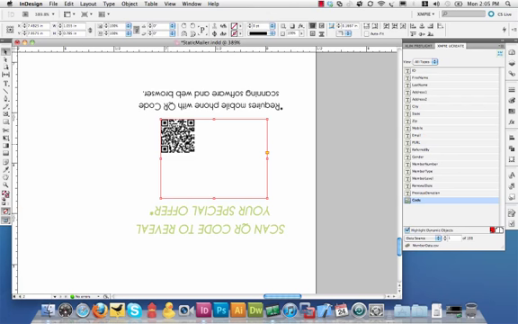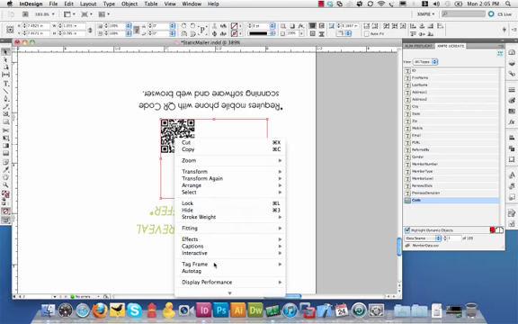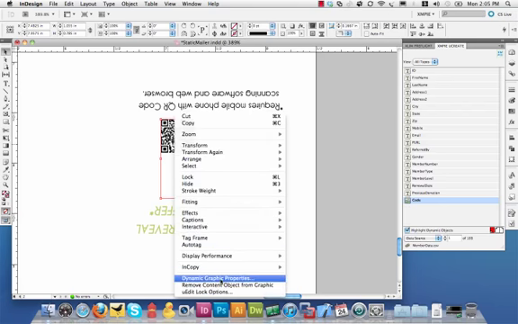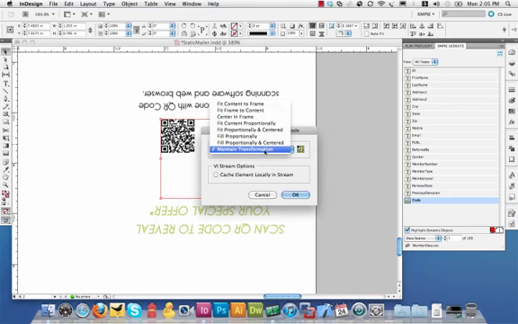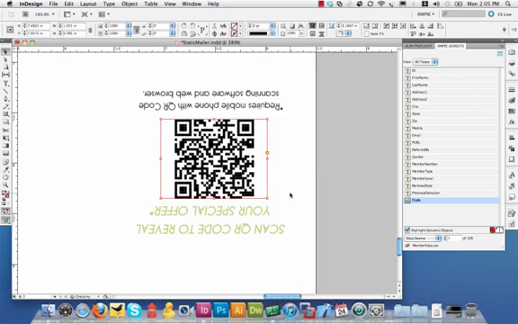We're going to want to go ahead and enlarge that so that it fills the box that we've defined. If I right-click on the graphic box and select Dynamic Graphic Properties, I'll have a drop-down menu where I can pick Fit Proportionally and Centered. Once I accept that selection, you'll see that the QR code has now enlarged and it fits the box